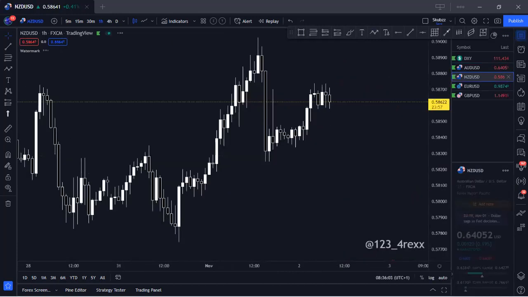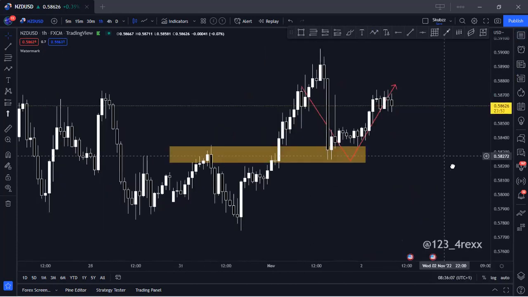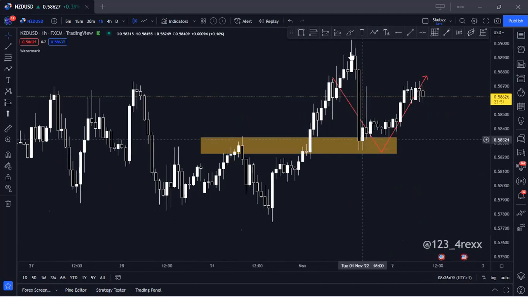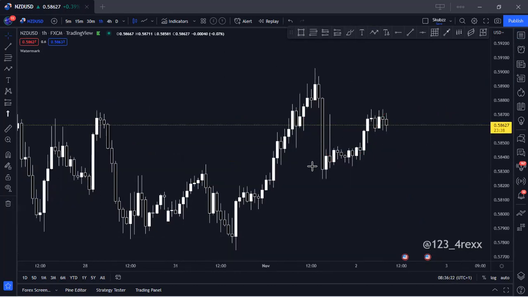NZD/USD. Yes, this one actually played out the way we were expecting it to play out yesterday. We had a break above. We were looking out for a retest and then a push up. The retest already happened and the push is going up. So now, let's let bygones be bygones. What can we get? This low